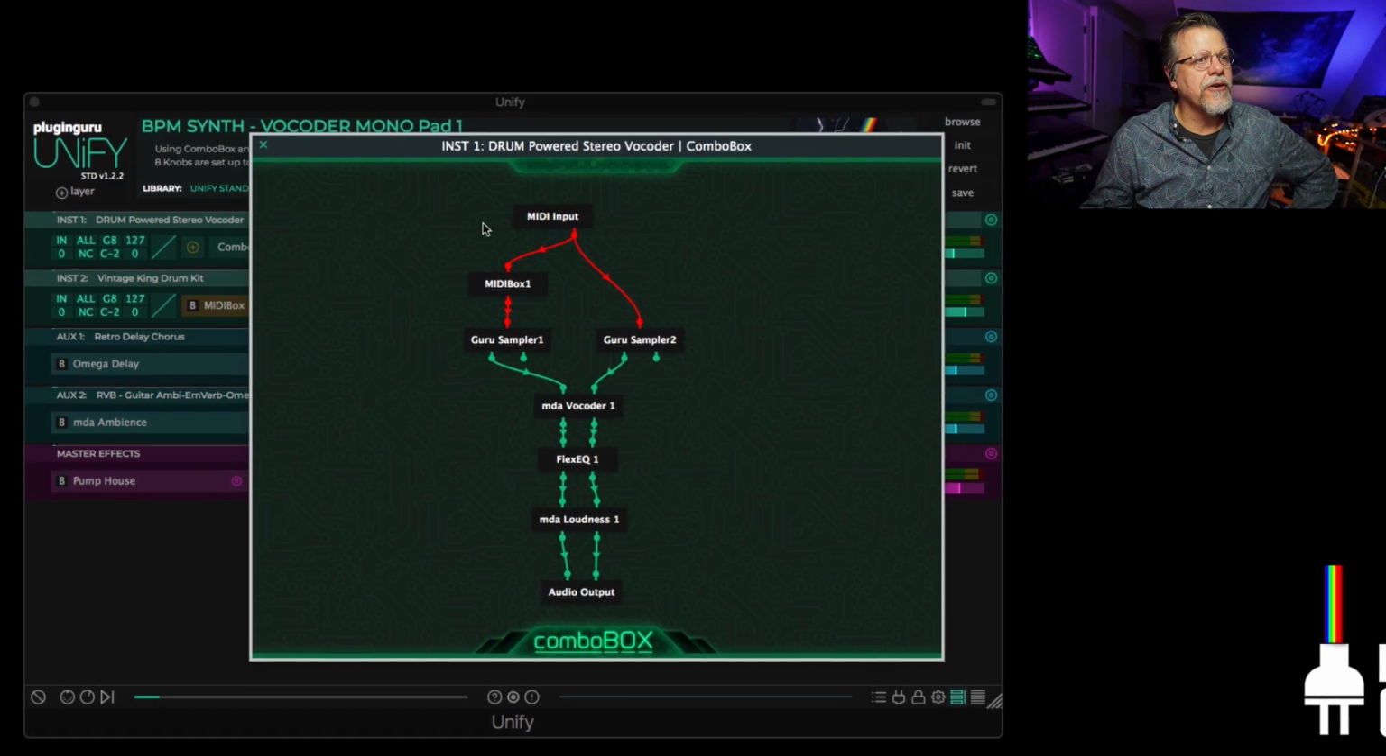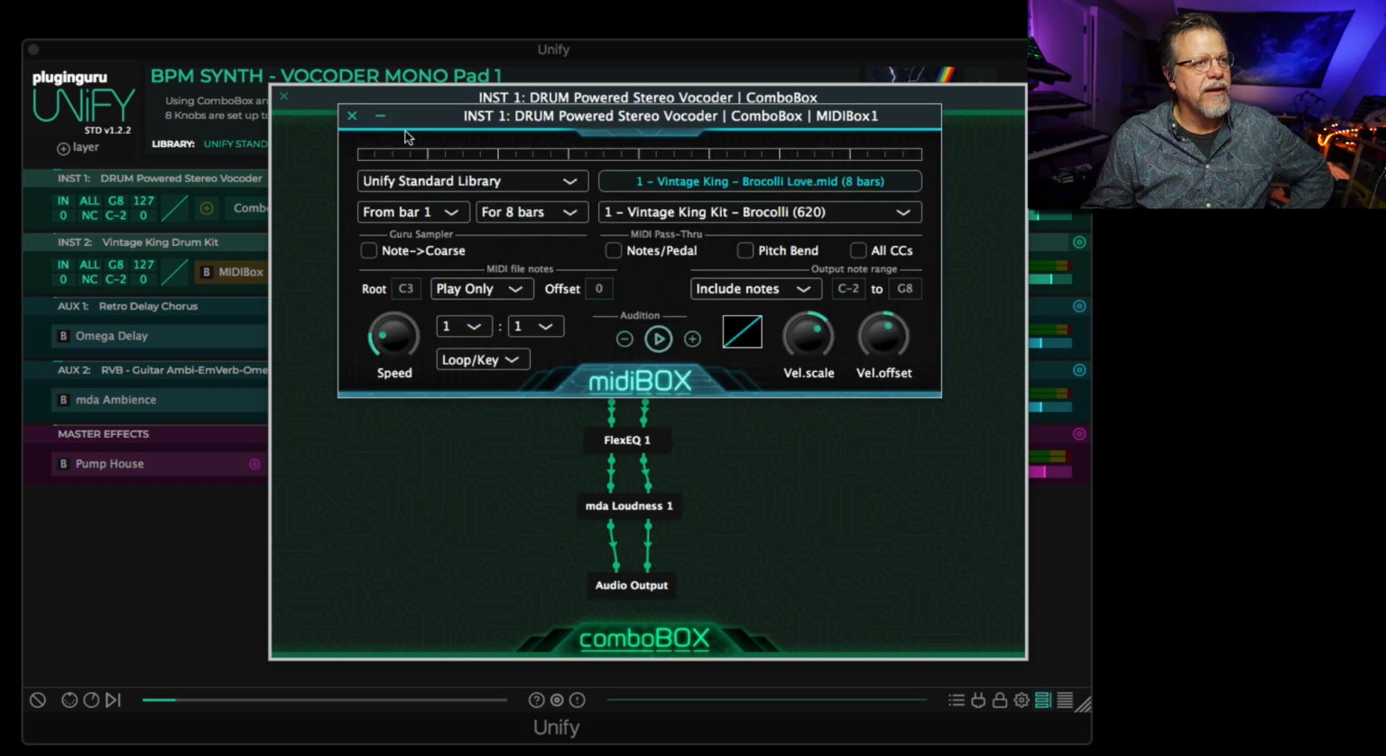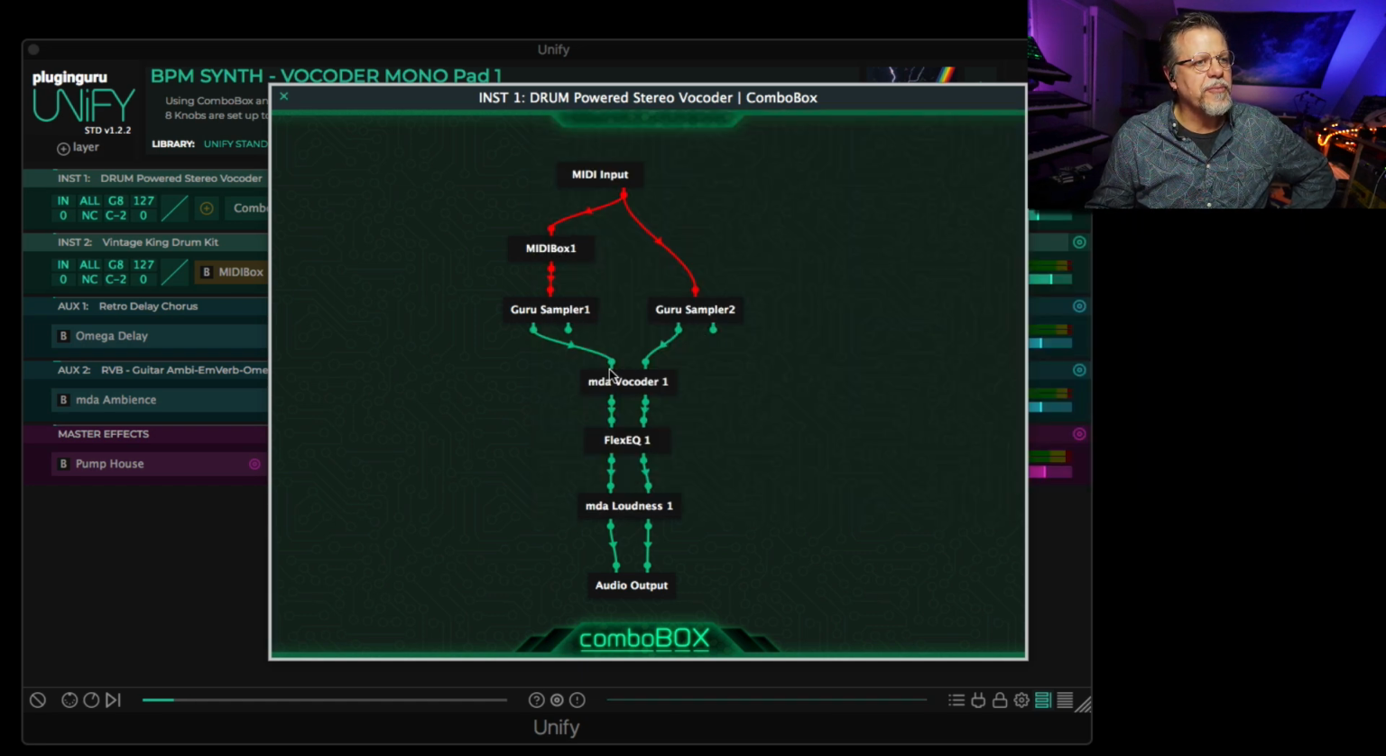So what we're doing here is on the left side, we have a MIDIBox playing a drum MIDI file, right? And it's going into a drum set of samples inside a groove sampler. And then that audio is being fed into a vocoder. And on the other side is a secondary groove sampler. And this is the synth sound. So when I play chords,